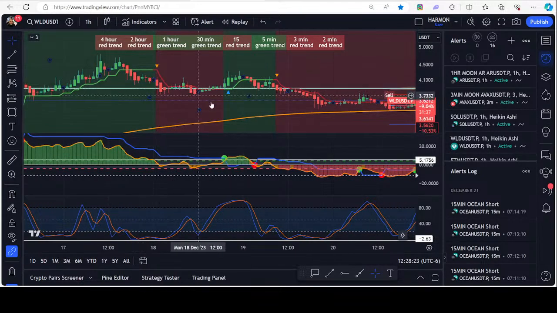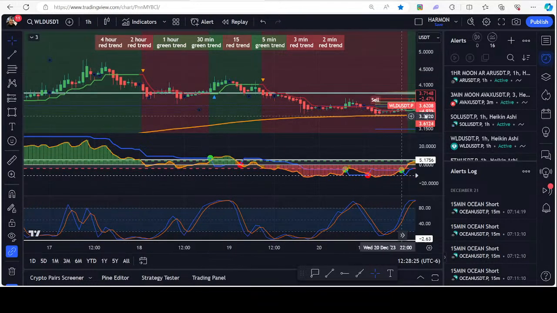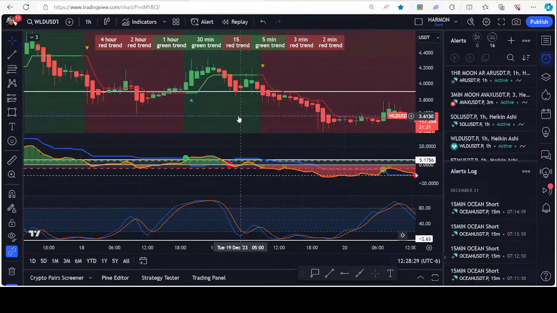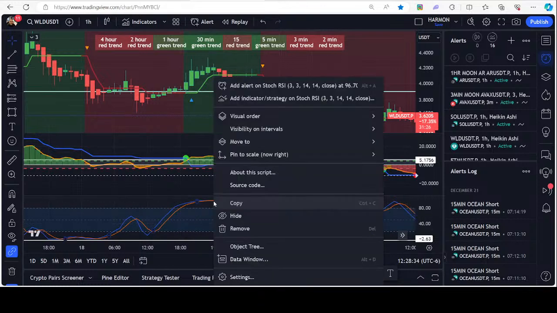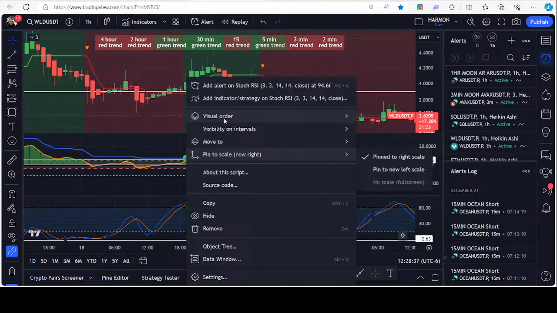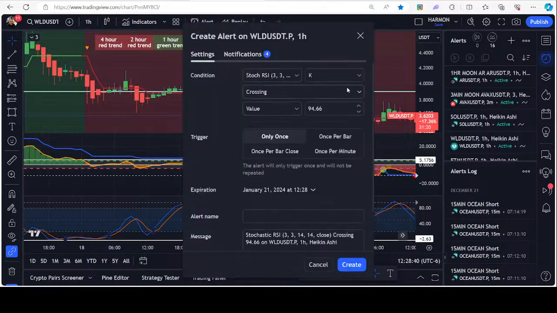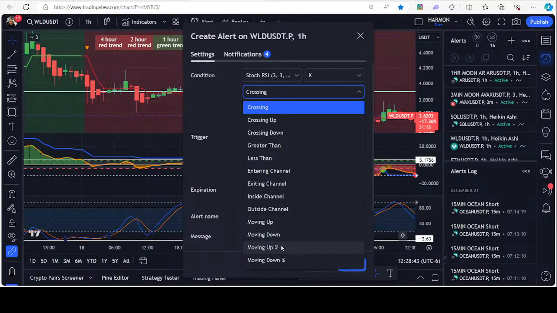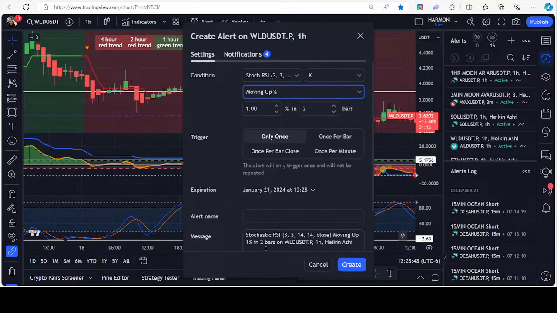Is there a way that I can set an alert for the 1 hour RSI to only alert me if it's above the 20 line? That way I don't waste my time. It should have, okay, so if you put on here, let's see. Okay, add alert. I do crossing, but here, moving up percentage, moving down percentage, right? So let's say moving up. Now you can put your percentages here. So moving up 1% in 2 bars, or you can say, I want to know when the RSI moves up